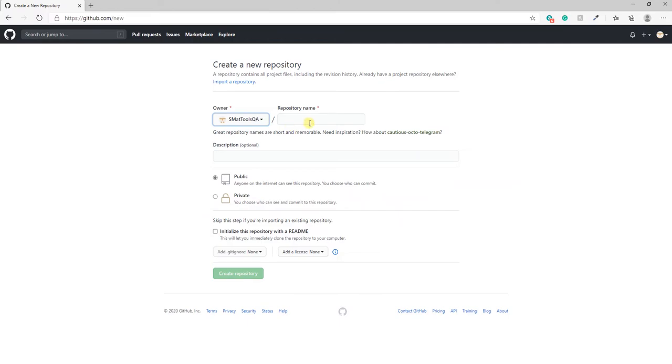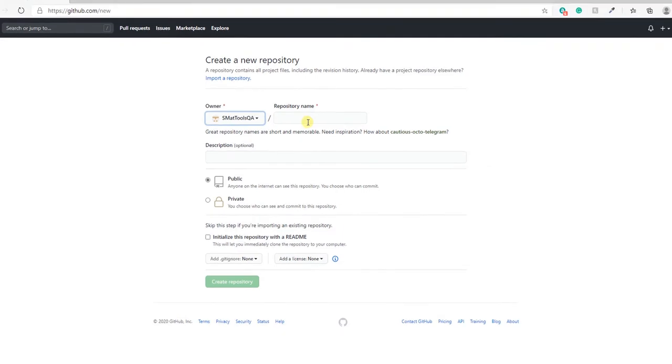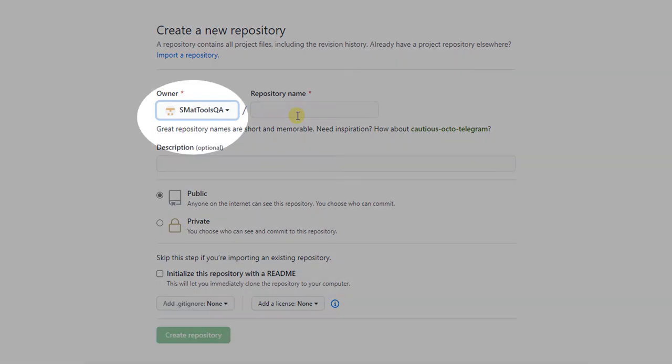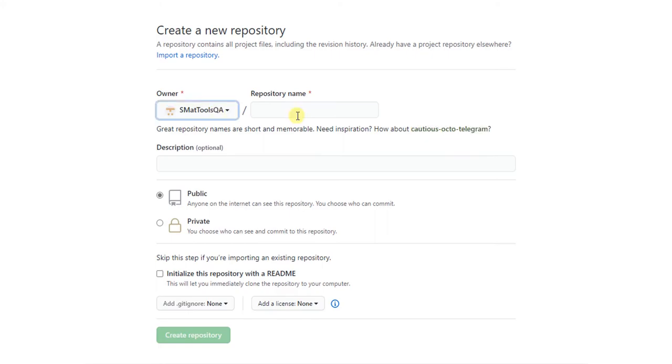After clicking on the button, we'll arrive at the create a new repository page. Here, we have to fill the details of the repository that we are trying to create. Let us go through all these details one by one. The first thing that GitHub wants to know is the owner of this repository. When we are working in a team, we have many options in this dropdown. But since we are not, we'll choose the only option that we have, that is me.